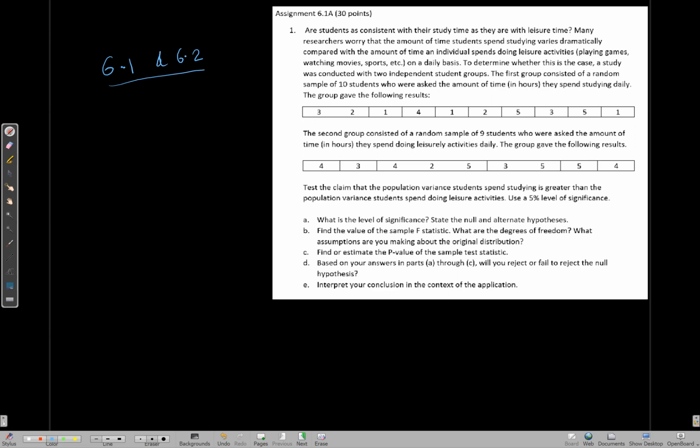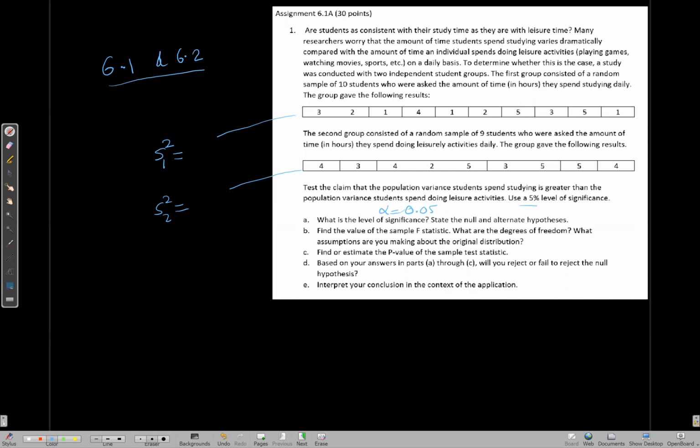two sets of data. Actually, the first thing you need to do here is find the variance. So you have to find the variance. That means S1 squared for the sample variance, and for this one S2 squared. Now you know how to find those things. Find that, and then you have to figure out the level of significance alpha. That's going to be pretty easy here. So 0.05,